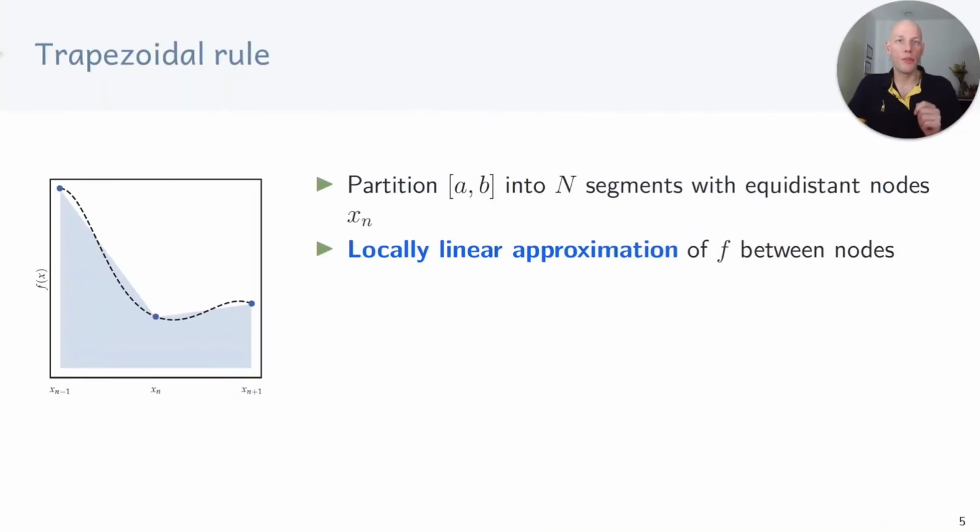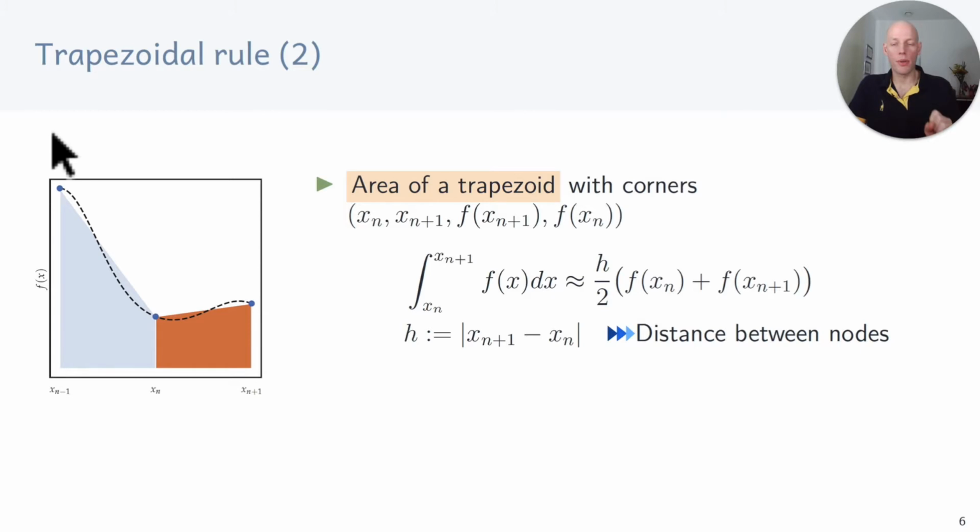The first example of a Newton Cotes quadrature rule is the trapezoidal rule. Here we approximate the true function, which is this black dashed line. We approximate this true function between two nodes using a linear function. And then between two nodes, the integral of the corresponding trapezoid is given by this expression over here. So we evaluate the true function at nodes x_n and at x_{n+1}. We sum these function values up, multiply by h, which is the distance between x_n and x_{n+1}, and